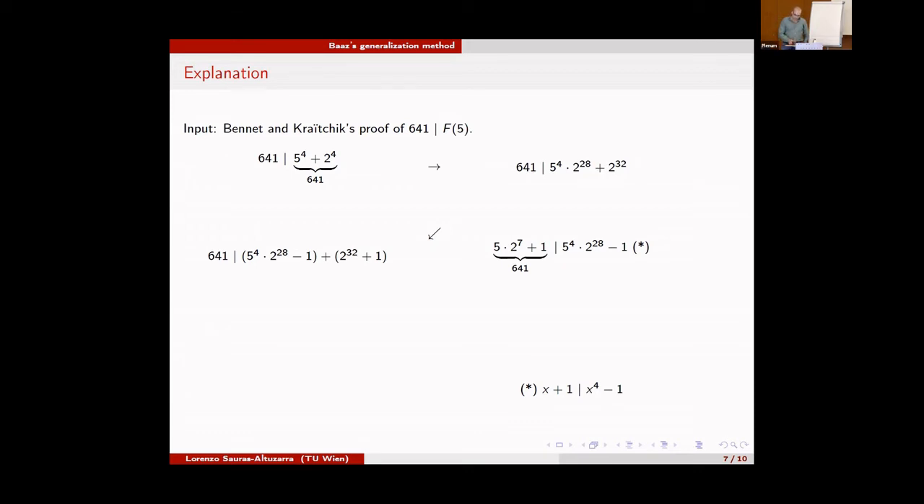And using the last two nodes, we actually have that if we apply this arithmetical property, that if we are dividing a sum and one of the summands, then we are actually dividing the other one. So we obtain what we were searching, that is that 641 divides the fifth Fermat number, because 32 is 2 to the 5. Okay, and now the method: the first step is that for every leaf, we replace every constant